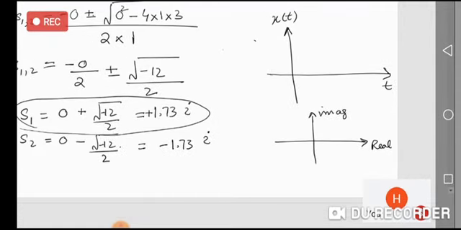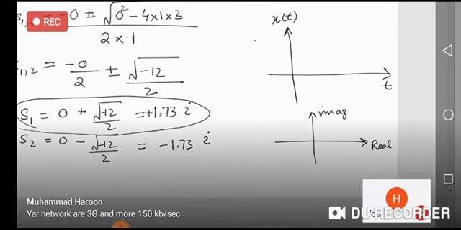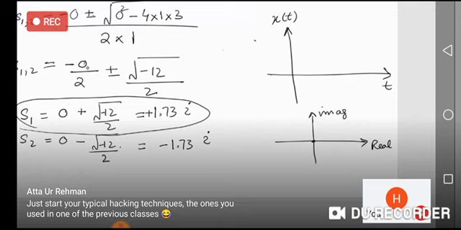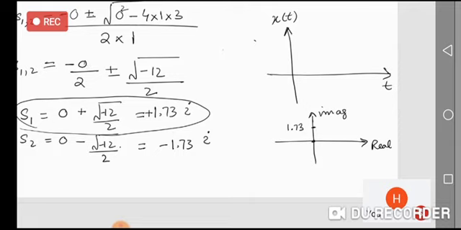Now this root, S1 को अगर मैं प्लॉट करूं तो इसके रियल एक्सिस पे इसकी वैल्यू क्या है? 0 है ना, यहाँ पे आएगा रियल एक्सिस पे। और इमेजिनरी एक्सिस पे इसकी वैल्यू क्या है? प्लस 1.73 पहले S1 के लिए। तो यहाँ पर मैं एक क्रॉस लगा दूं। और सेकंड जो रूट है उसकी वैल्यू क्या है? रियल पार्ट तो 0 है ना, और इमेजिनरी पार्ट माइनस 1.73। ठीक है, ये मेरे पास दो रूट्स आ गए।